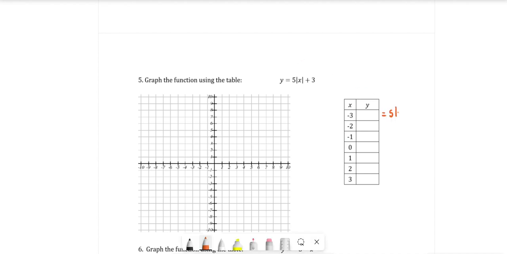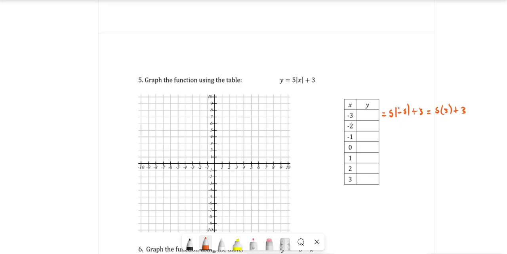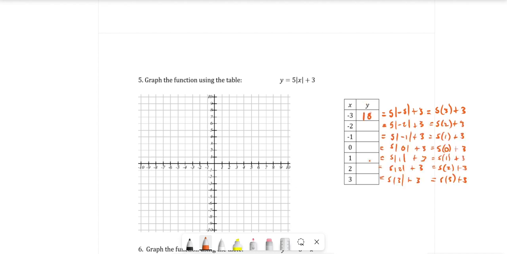For example, this is 5 times the absolute value of minus 3 plus 3. Make sure you're respecting the order of operations here. So that's 15 plus 3 is 18. So we'll continue as such and then try to connect the dots. Once we get these points evaluated, it's 13, 8, and so on. So if we notice we have some 18s, that's well off the edge of the map. Same with the 13s. Well, let's just plot what we know, and let's try to extend our understanding of the